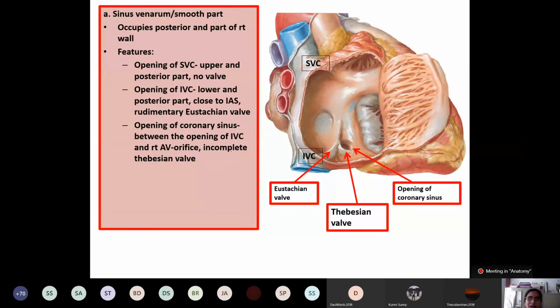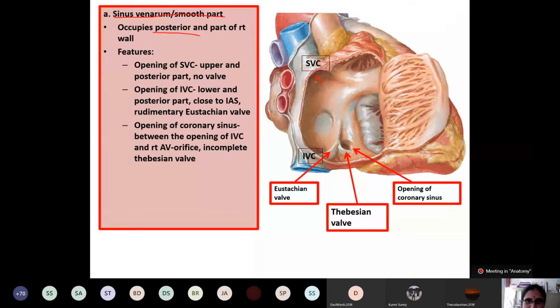Now I'm directly entering into right atrium so that I can show you the right atrium picture. Here you can see this is the interior of the right atrium. This is which part of the right atrium? This is the smooth part of the right atrium known as the sinus venarum, which occupies the posterior part. And what are the features here?